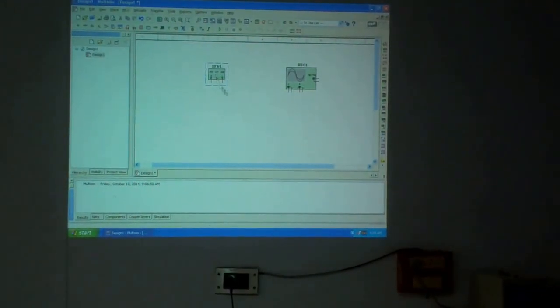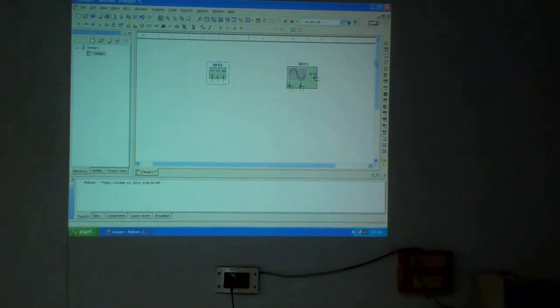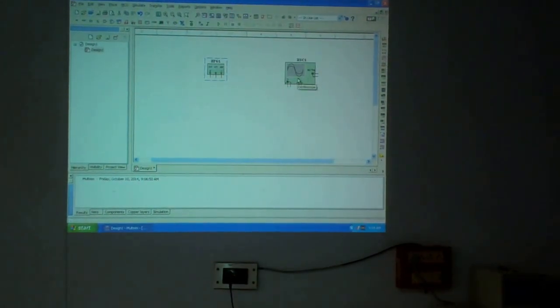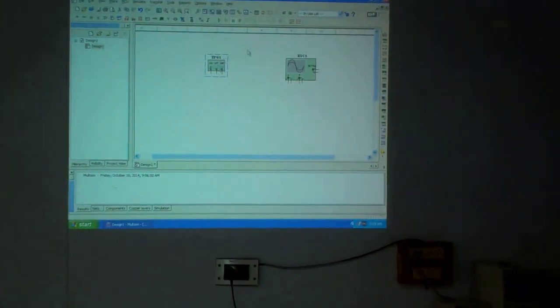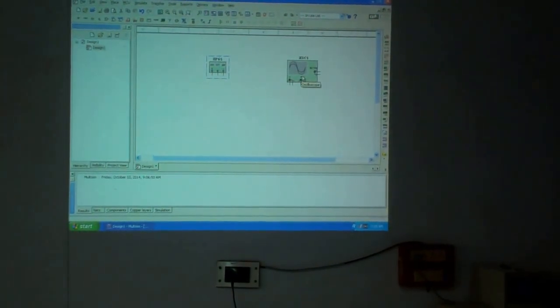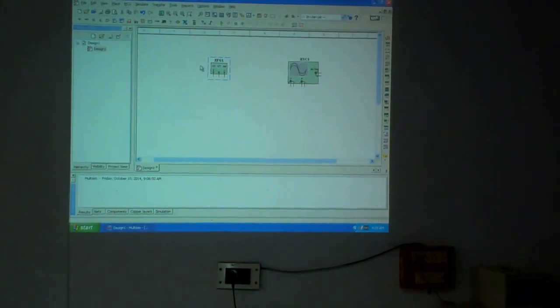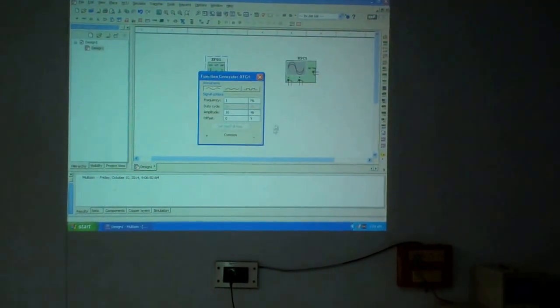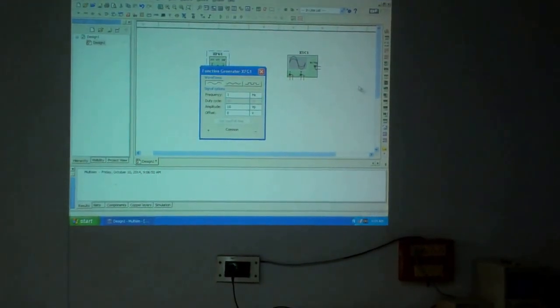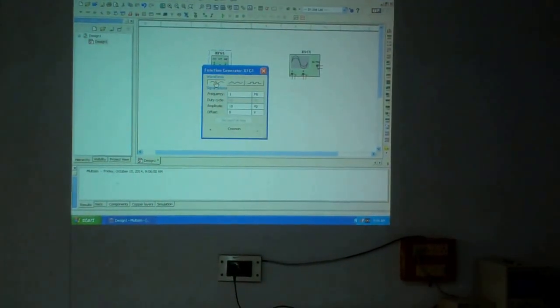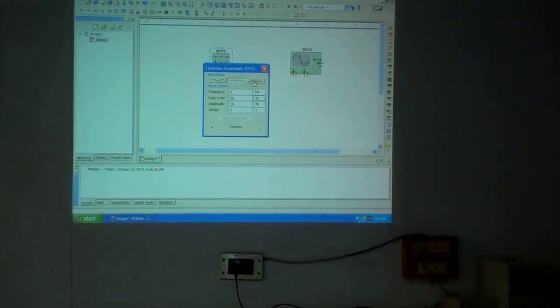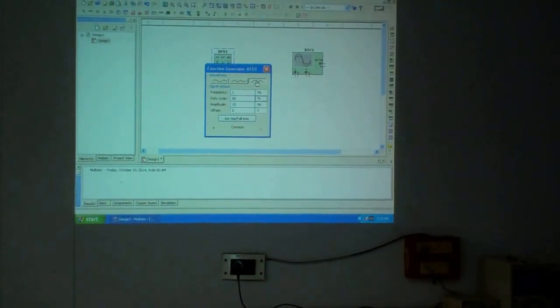How do you know whether it is generating? Only when you connect it to another instrument called a cathode ray oscilloscope. This is a cathode ray oscilloscope. If you connect this to this, you will be able to see the waveforms and make the measurements. Let us see now. If you click on this, you will see various characteristics or attributes of this function generator. If you select this, it will give you a sine wave. If you select this, it will give you a triangular wave. If you select this, it will give you a square wave.